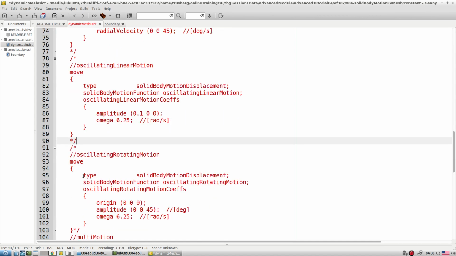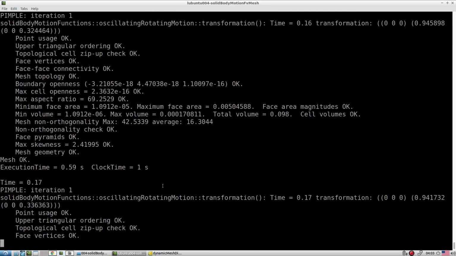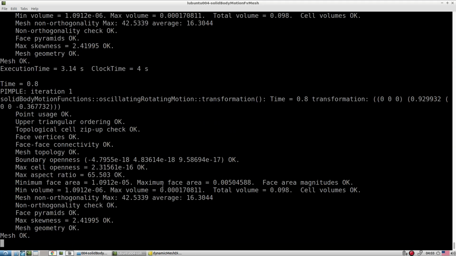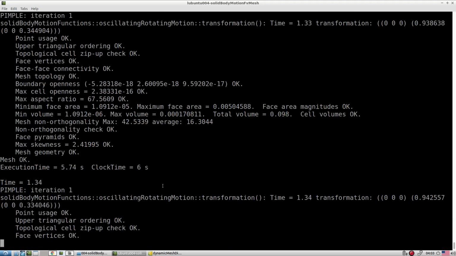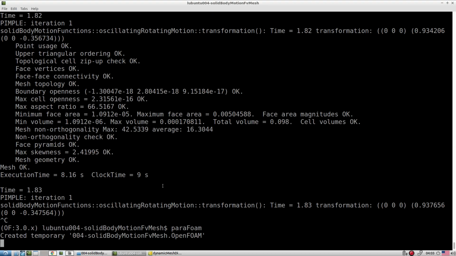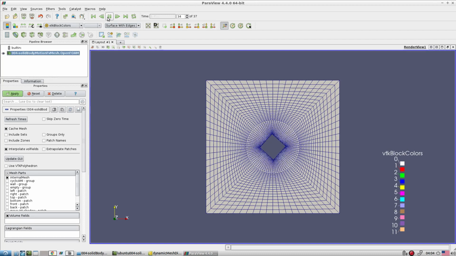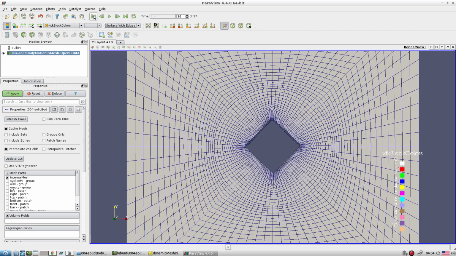But oscillating rotating is perfect, because we want the entire cell zone to oscillate with respect to one particular boundary. Let's look at what oscillatory means here. So it is oscillating. That is perfect because our cell zone is oscillating with respect to some particular axis, something like this. This class of oscillation, where the entire cell zone is oscillating, is taken into account, so for this it is perfectly all right.